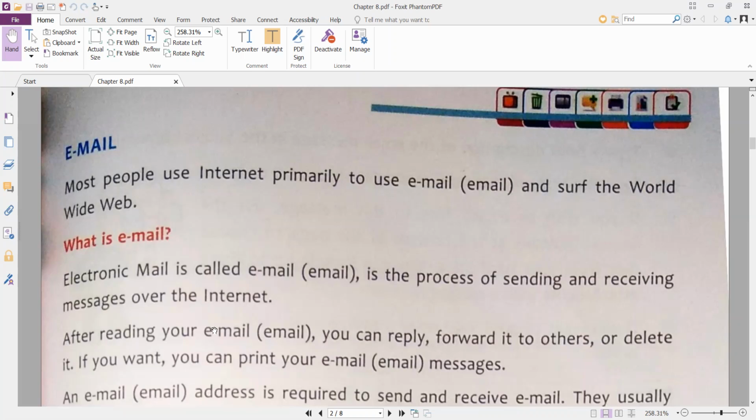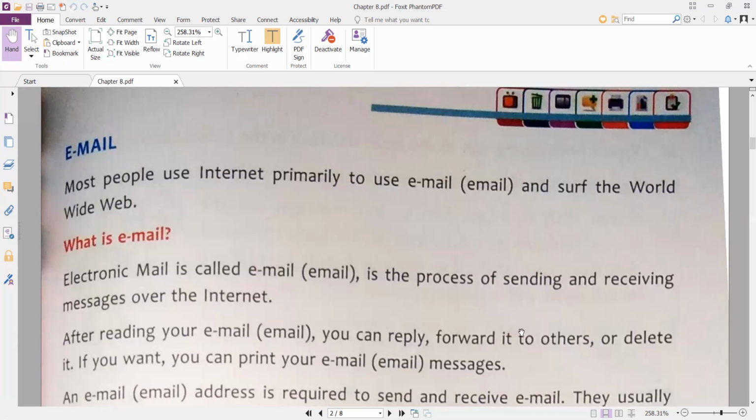And not only can you send text messages, you can send images, videos, and greeting cards. All these things are possible through email. So, email is the process to send and receive messages over the internet. After reading your email, you can reply also.